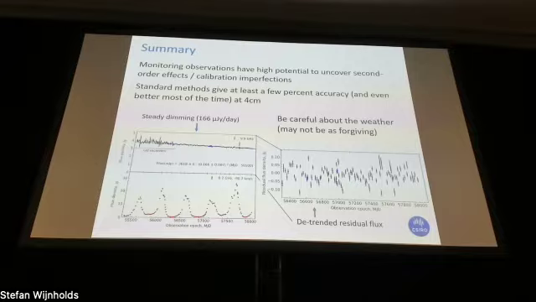And by the way, I show just the final results I had. So this is my best time series. I didn't find any periodicity in this maser. Well, it's nice to know that it's dimming. And this is the latest residual I have.